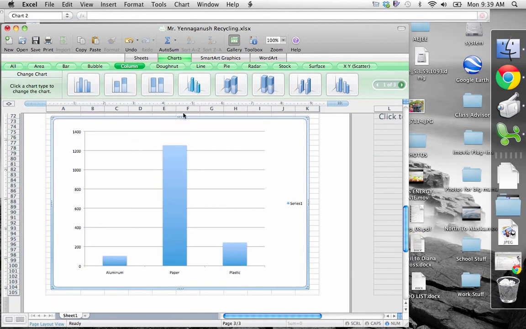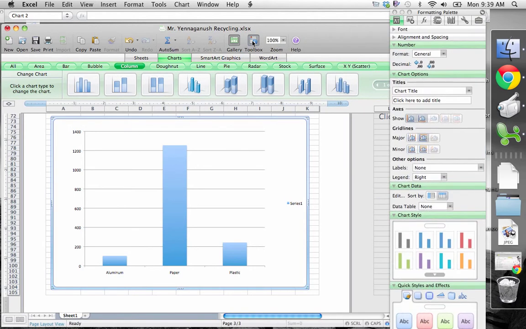Good. Now again, to format this and add information and make it our own, we want to click on the toolbox at the top. So I'm going to click on Toolbox, and this formatting palette will pop up. Now I want to give this a title. Okay, the chart title, we're looking at the amount of pounds or the weight being recycled for each material throughout the school year. So I might say